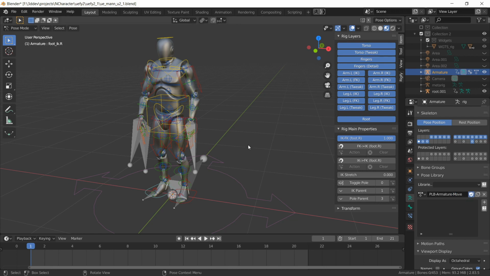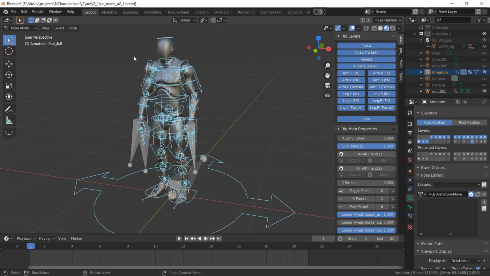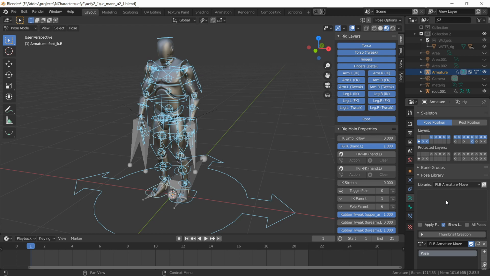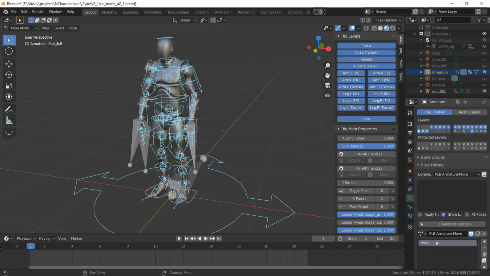Okay, and I'm going to click on this to make sure that it gets saved when Blender is closed. And now I will select the A key to select all of these controls, and then click over here and then add new. So you'll see we have a new pose here, and this same name should be in this drop down over there. I can also rename this to be move idle,